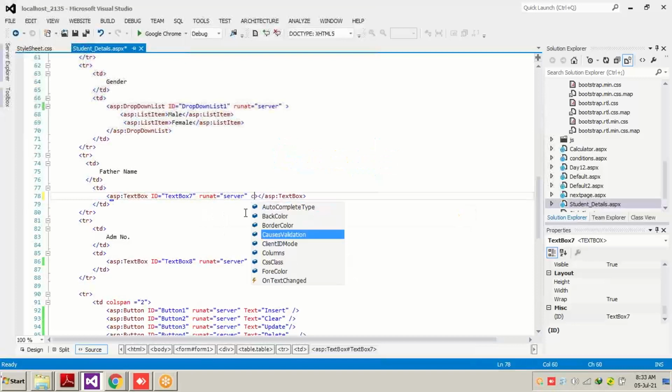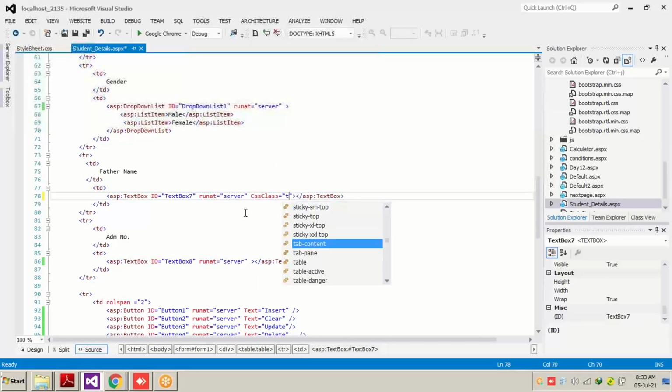If I add a text box CSS class, let's see what we have: text body, text break, text center, text dark, text info, lowercase, and many others like text success, text start, text warning. So it's completely up to us what class we use.